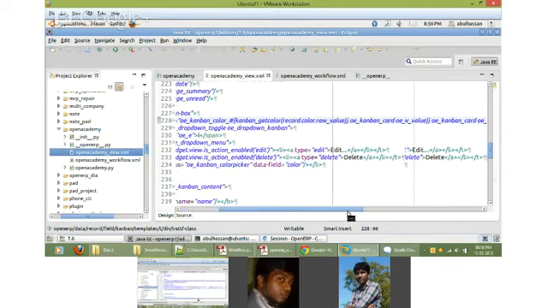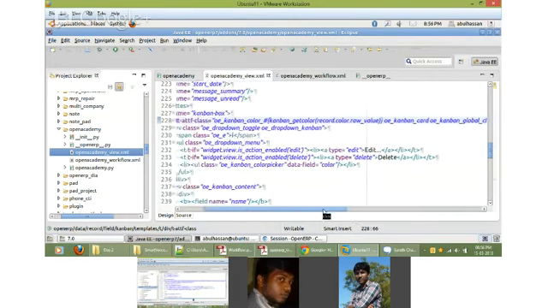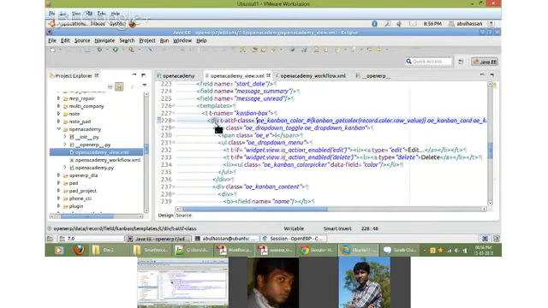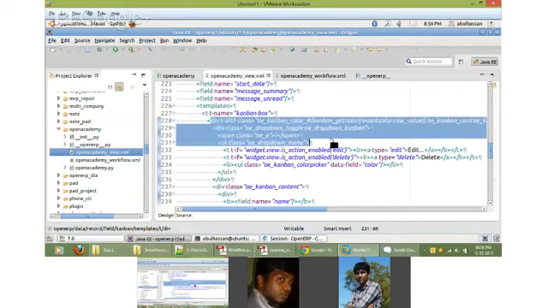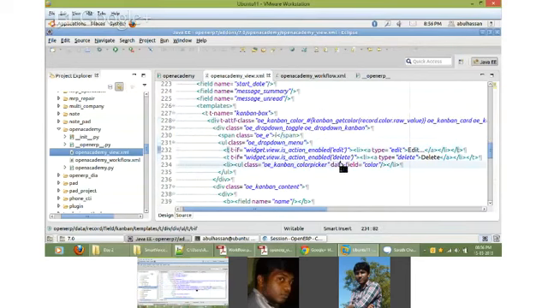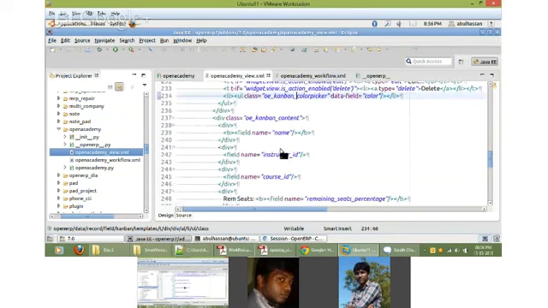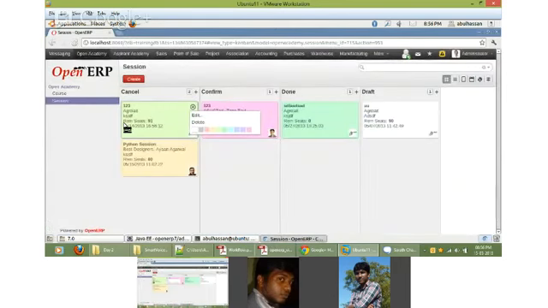This again is on class. I'm not sure what it is. You can go and see in detail if you want. This is the structure that is given. So these are the three different things: edit, delete, and color. This is the widget to edit. When you click this, it will automatically take you to edit of that particular record. This will take you to delete, and this will show the color picker where you can change. These are standard things. You don't have to change them. Just copy paste.